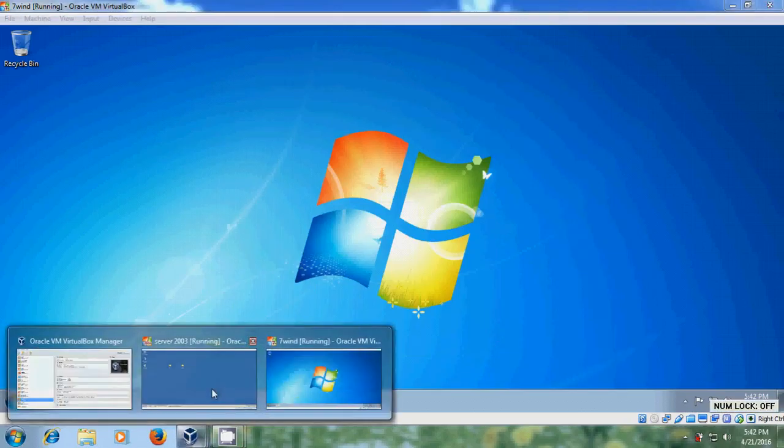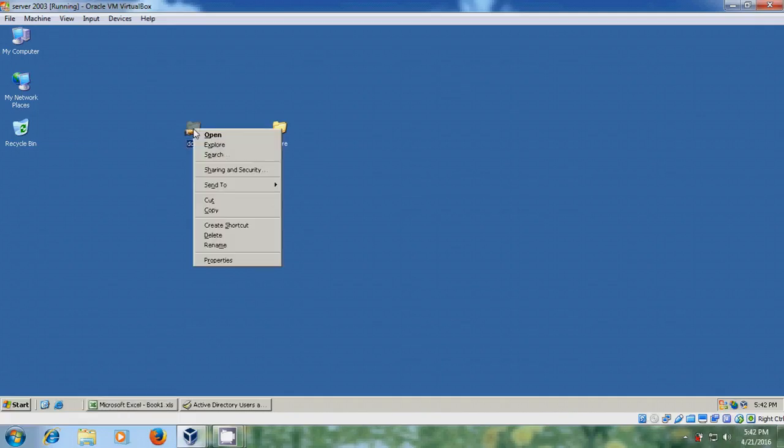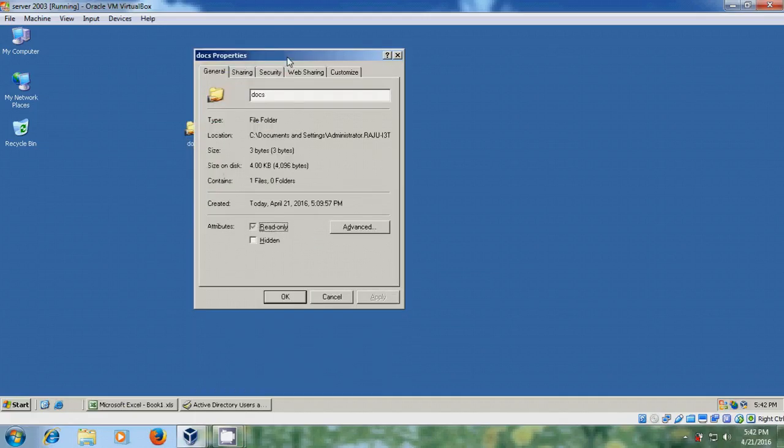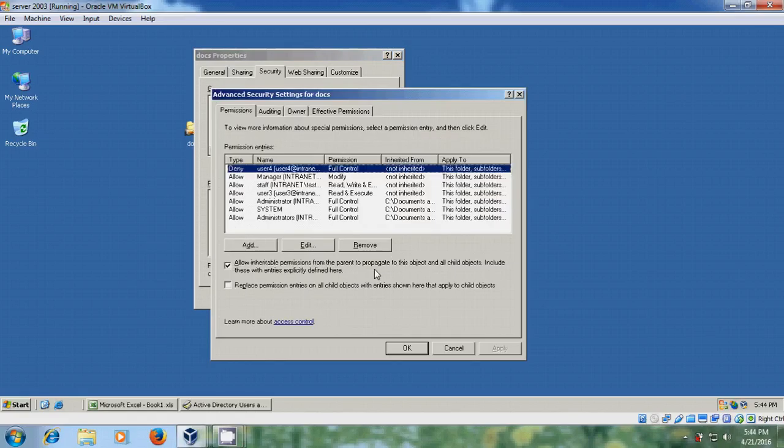Come to server. Come to share folder properties and come to security. In NTFS permissions we have 6 basic permissions: full control, modify, read and execute, list folder contents, read, and write. Also there are 14 different permissions within each of these full control, modify, read and execute permissions. So for that, come to advanced